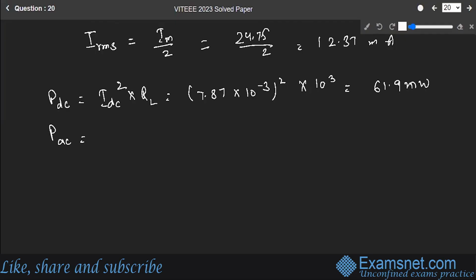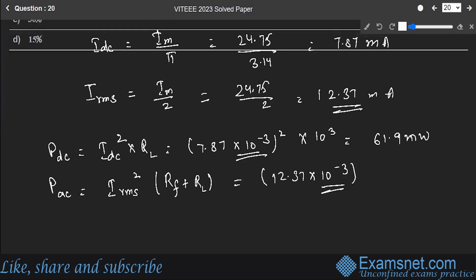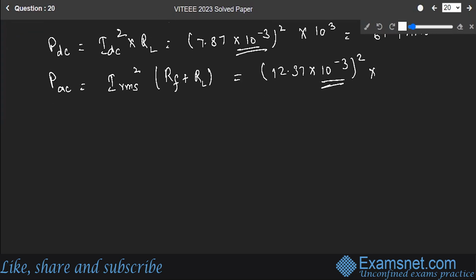And AC power is IRMS square into RF plus RL. This is 12.37 into 10 raised to power minus 3. I'm converting this milli over here, this was in the milliampere, so I'm converting this milli, which is 10 raised to power minus 3, whole square into 10 plus 1000. So on solution, this will give you 154.554 microwatt. Therefore, the rectifier efficiency is